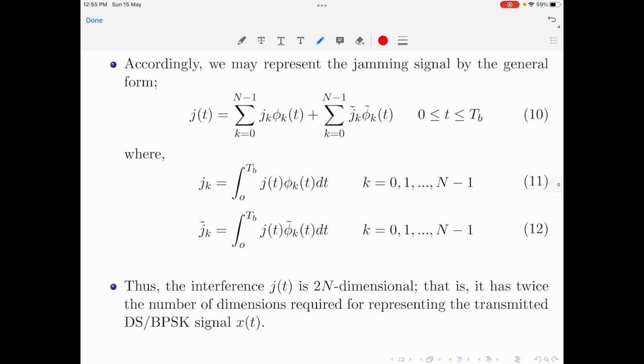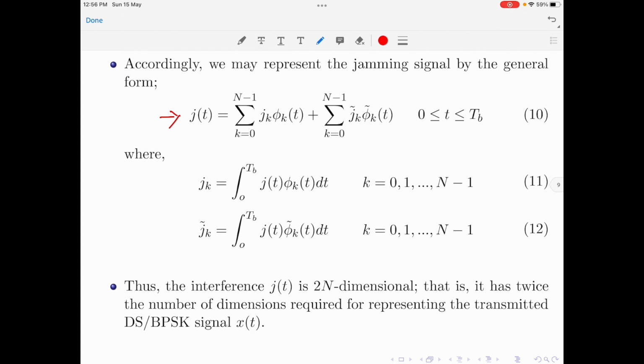So, the jamming signal j of t is written as summation k varying from 0 to n minus 1 jk into phi k of t, where phi k of t is the first orthonormal basis function, plus summation k varying from 0 to n minus 1 jk tilde into phi k tilde of t, where phi k tilde is the second orthonormal basis function. Please note that both jk and jk tilde are the coefficients of the jamming signal,